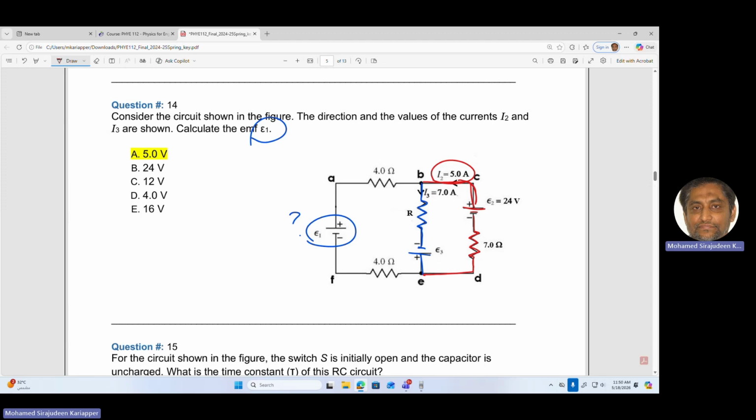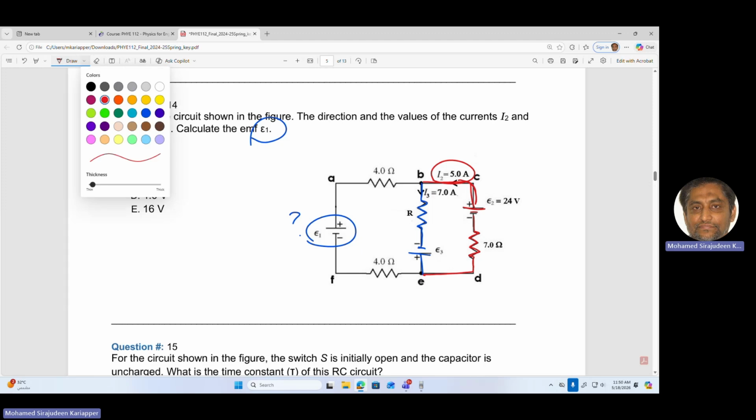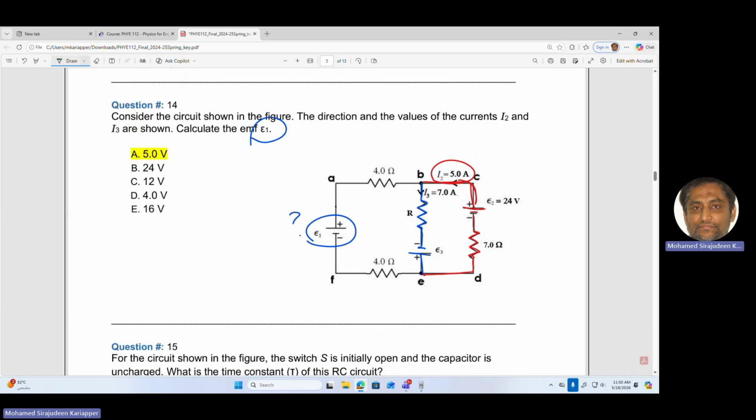What is left is a black one. Do I know the current in the black? Let me make it another color so it's easy for me to refer to. This one, the green segment. Is that one current everywhere in the green segment? It's not given. It's one current. There's no branching. Everywhere in the green wire, it is one current, right? There is no division, right? No branching, right? So, in order to find E1, I need to take a loop,